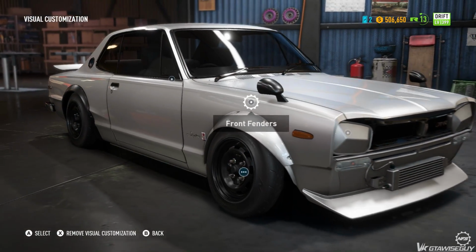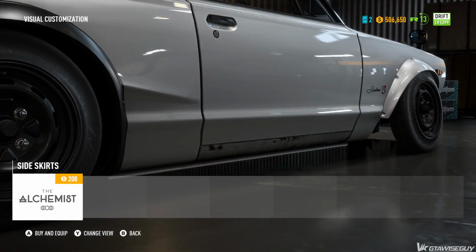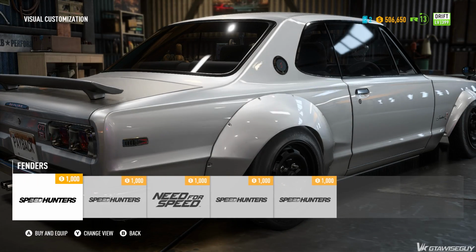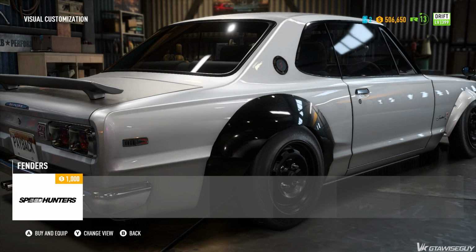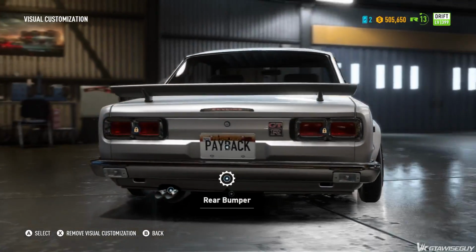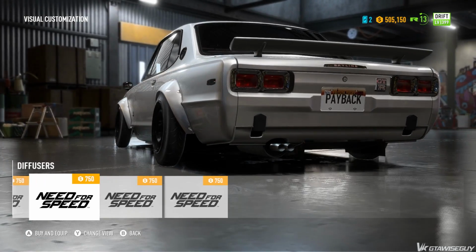Also for the side skirts, I think that's a bit pointless. It's literally just, we've only got the option of rusty or restored. For the rear fenders, same again as the front, and I decided to go for the one in the middle. Now coming around to the back bumper, again we can go back to rusty or just like a normal back bumper bar, or we can completely remove it. And then for the diffusers, literally just like the standard Need for Speed diffusers as well, but I decided to